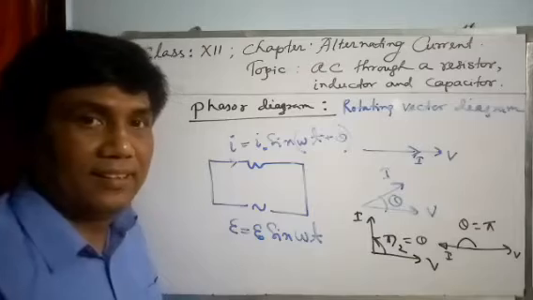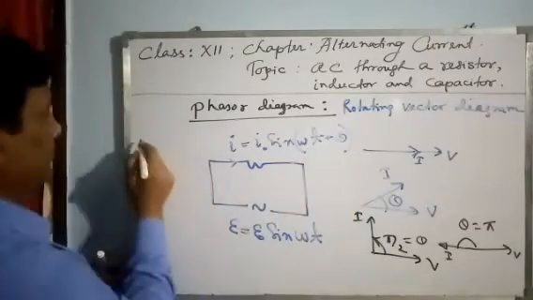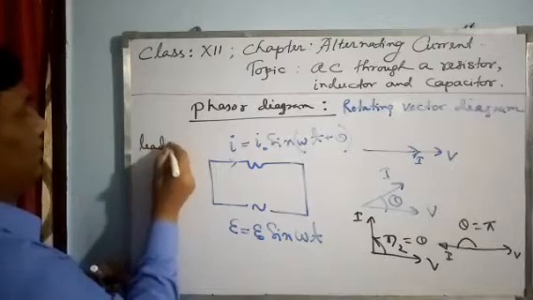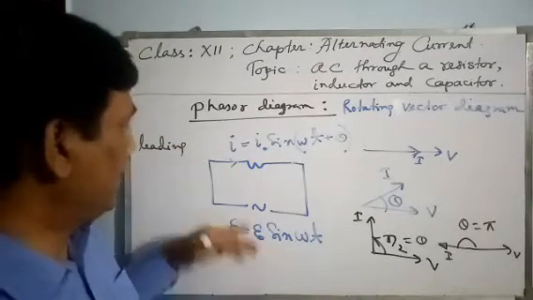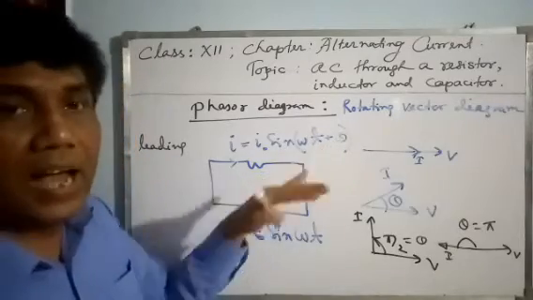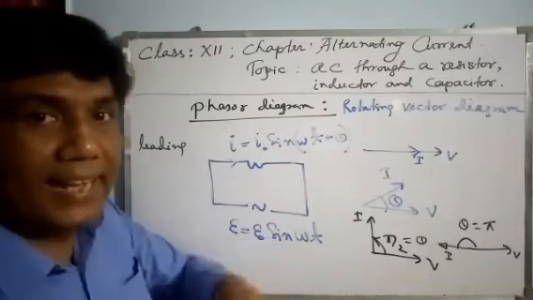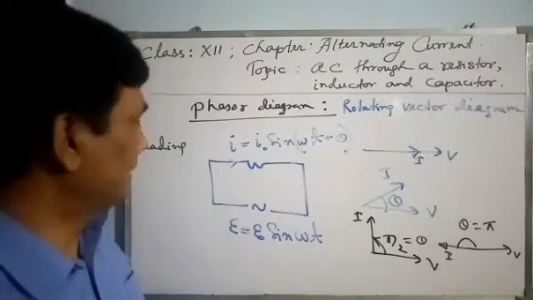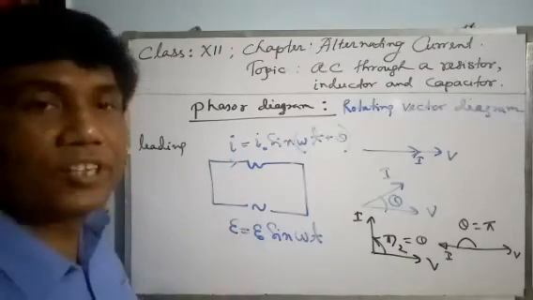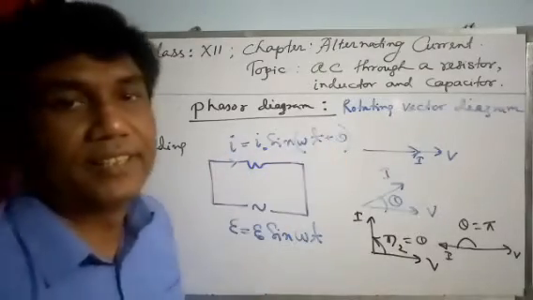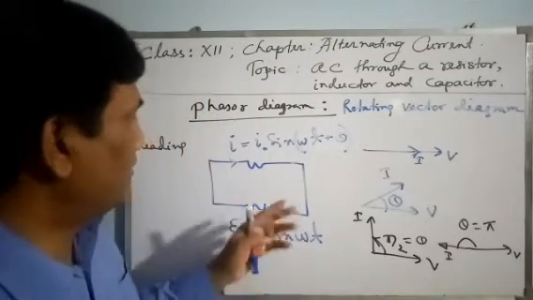Leading and lagging. Here it is leading. Okay, it means current is leading the voltage by an angle theta. If it is minus, it is lagging, behind. It means if it is minus, current is behind the voltage by an angle theta. Getting it? Good. This is a little bit of a phasor diagram of some cases.